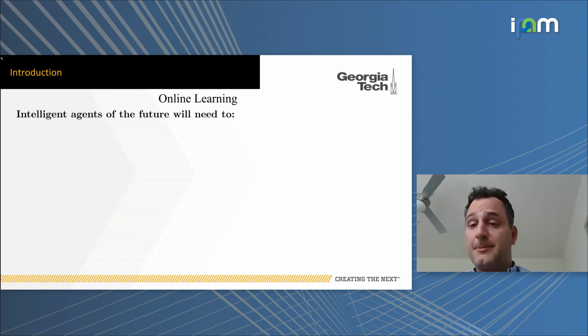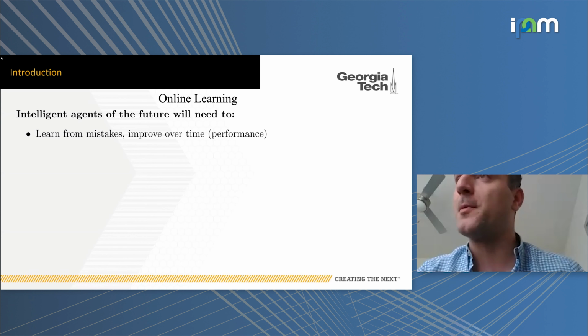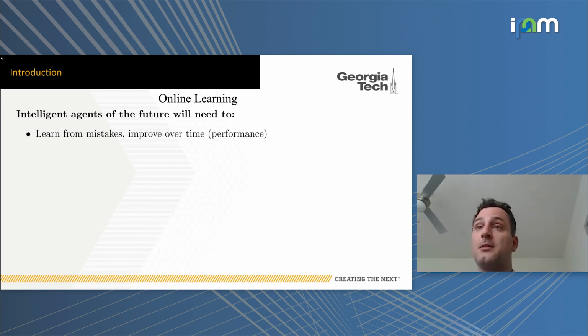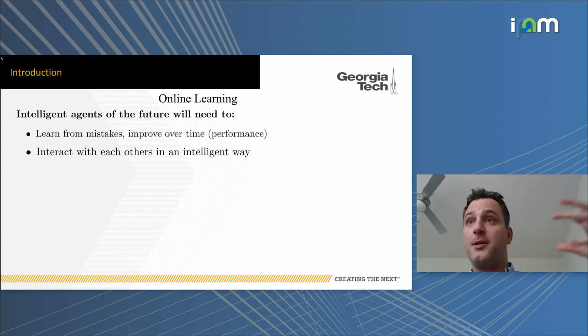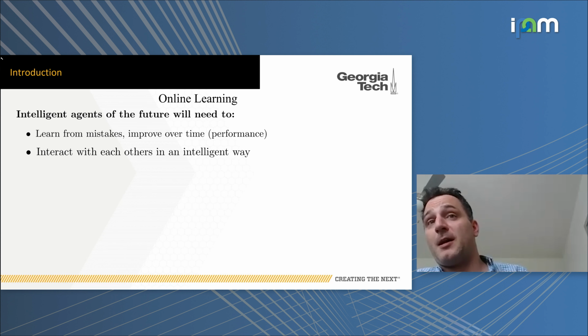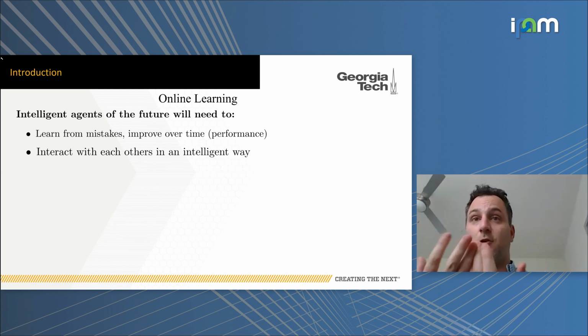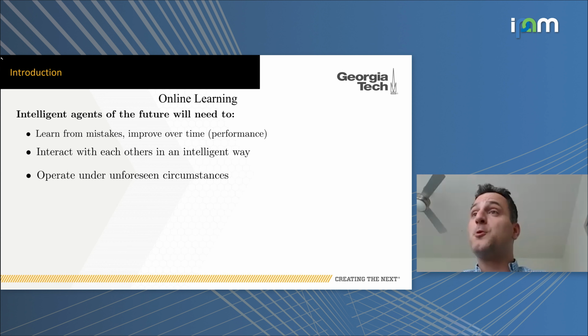Okay, so online learning, why do we want to use online learning? We need to learn from mistakes. Of course, we will have a performance measure, a reward or punishment, and then we will improve that over time. And I know learning nowadays is becoming really hot, especially from the perception side, where deep learning has shown a lot of success. For us, we will use reinforcement learning, which is the merge of optimal and adaptive control in a way. And I want to get data from my environment in an intelligent way. I want to operate under circumstances that I haven't been programmed for before.